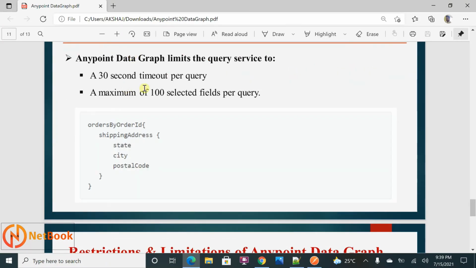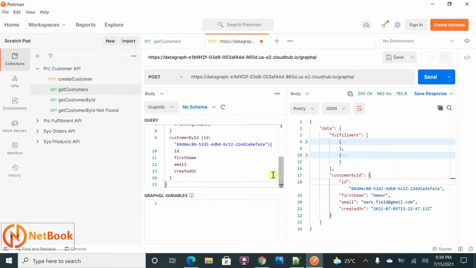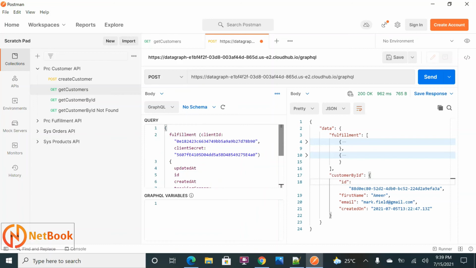Now, there is a 30 seconds timeout per query. That means this is one query which I'm going to pass from here. When you submit a request, the timeout is 30 seconds. Within 30 seconds, if you are not getting a response, it will time out.